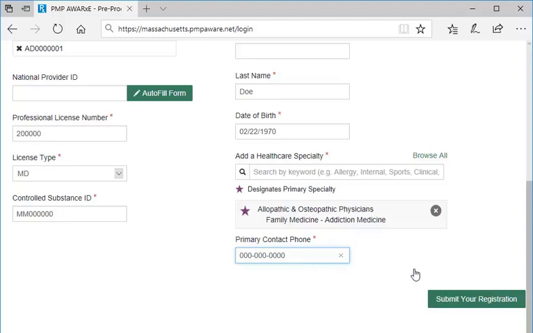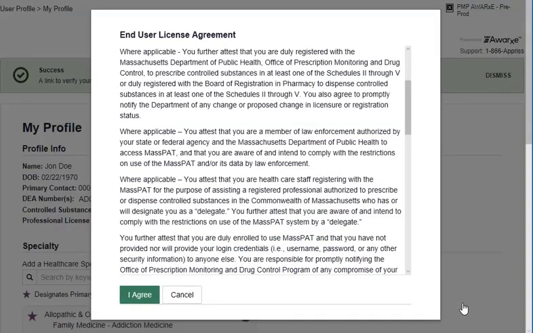That essentially completes the input for your account request, which you can now submit by selecting the Submit Your Registration button at the bottom of the form. When you do that, you will be prompted to read and agree to an end-user license agreement in a pop-up window. Next, the system runs validation checks on your submitted information and then points you to one of the following: